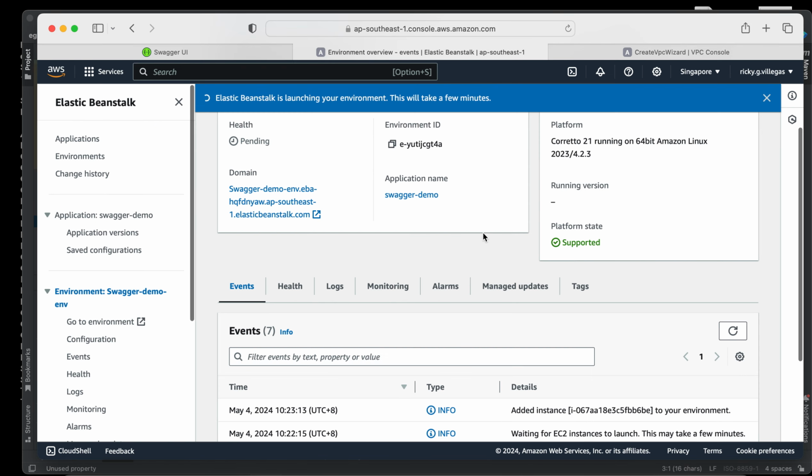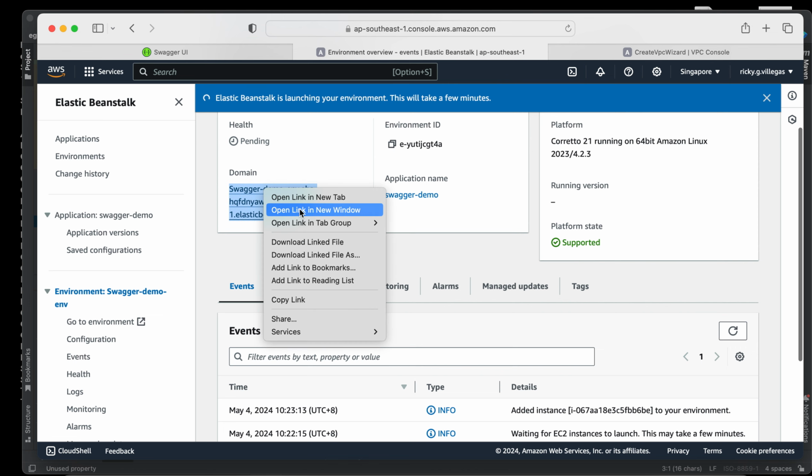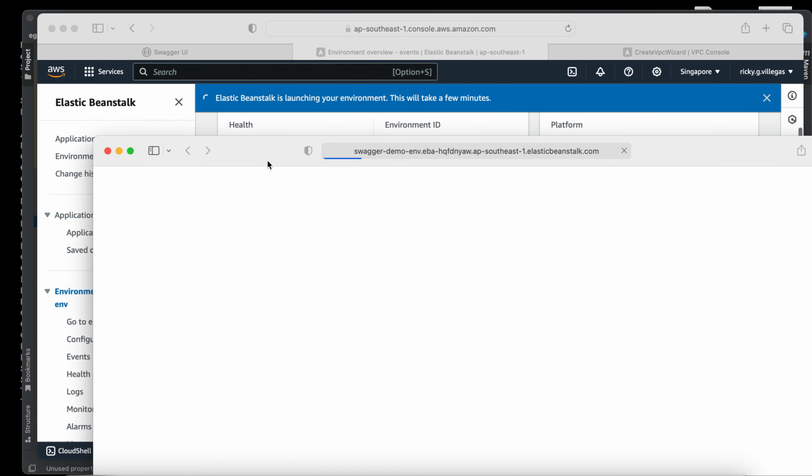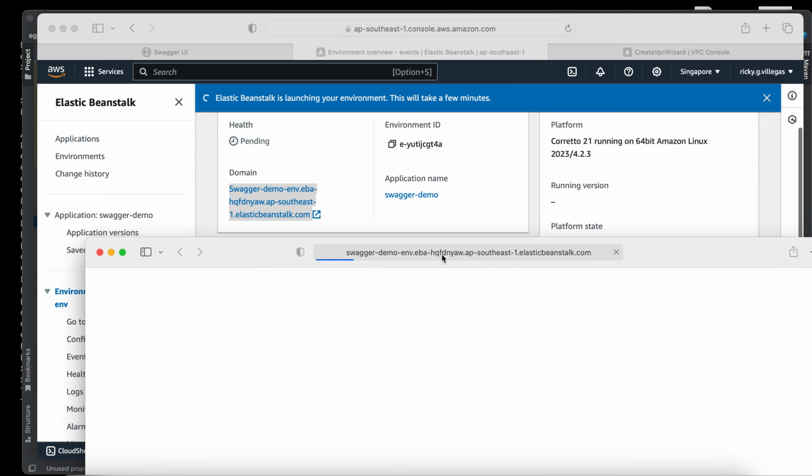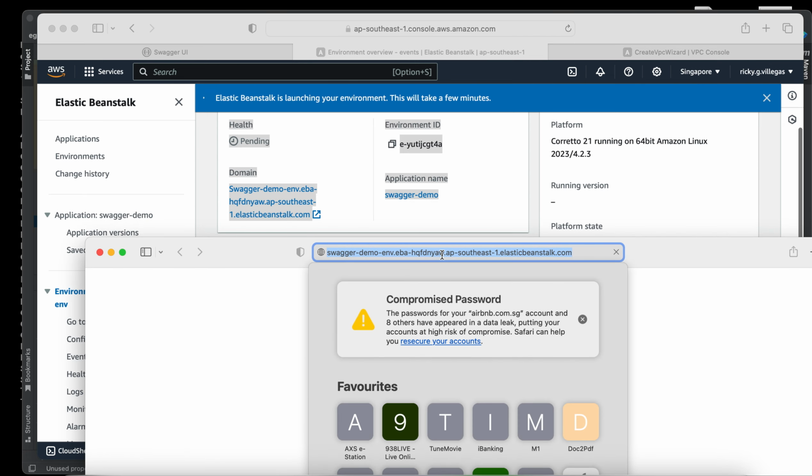Anyway, let's wait a bit. You can even try to access the URL that we expect, but we cannot access it because it's still in progress.